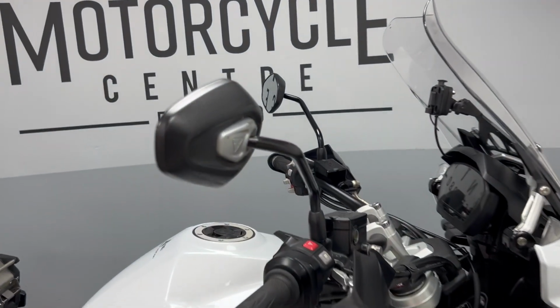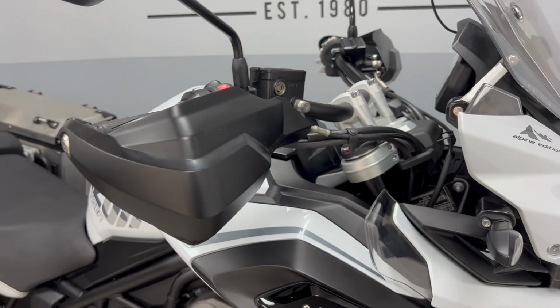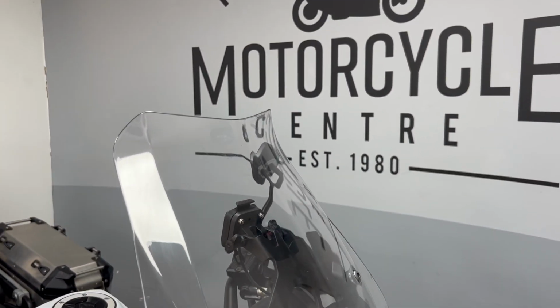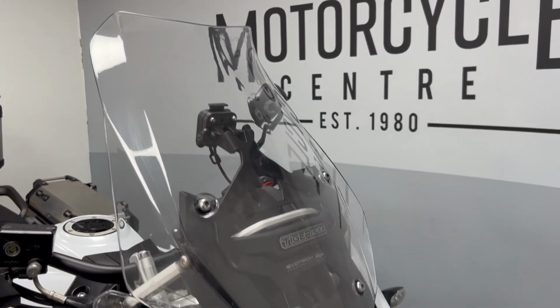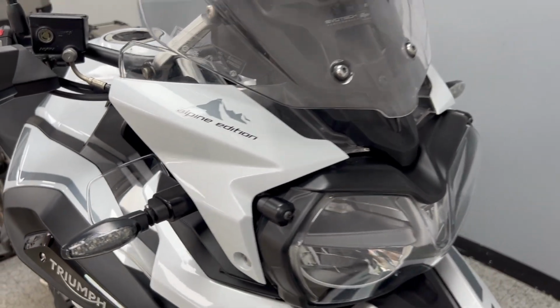We are delighted to offer this Triumph Tiger 1200 Alpine Edition, registered the 3rd of March 2021 on a 21 plate with 10,302 miles. This top-of-the-range and desirable Alpine Edition looks fantastic in Snowdonia white and benefits from full service